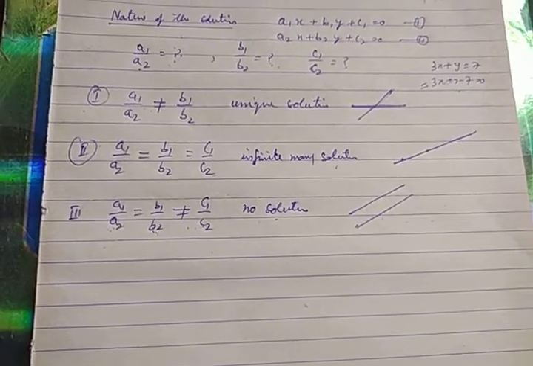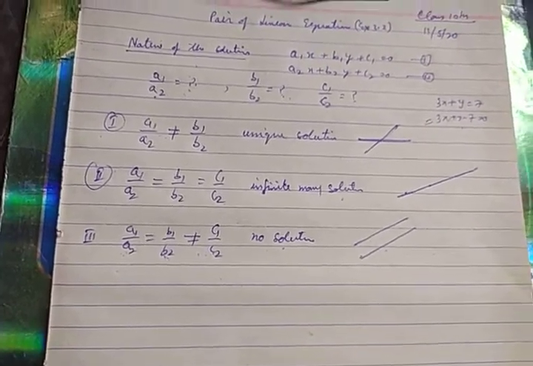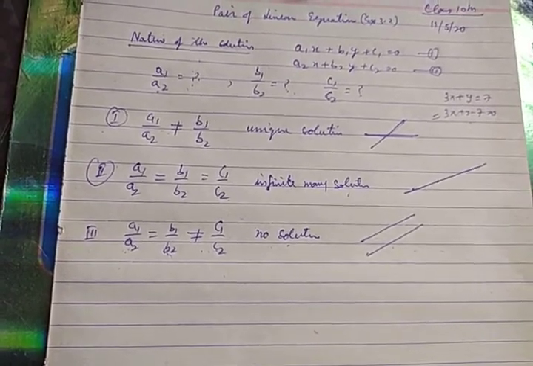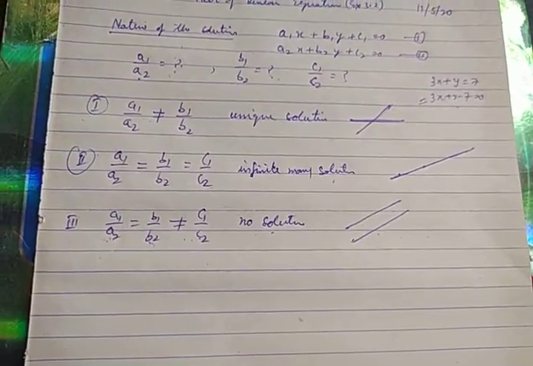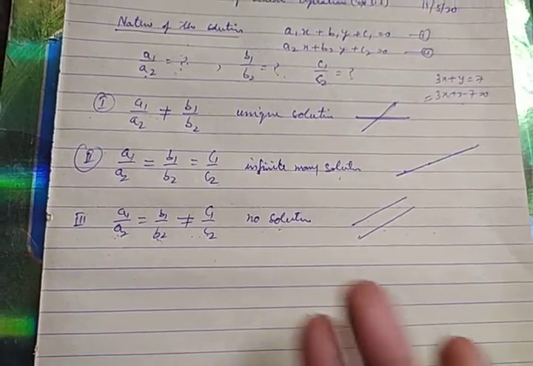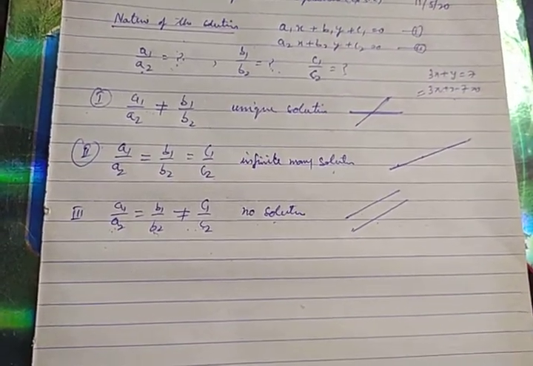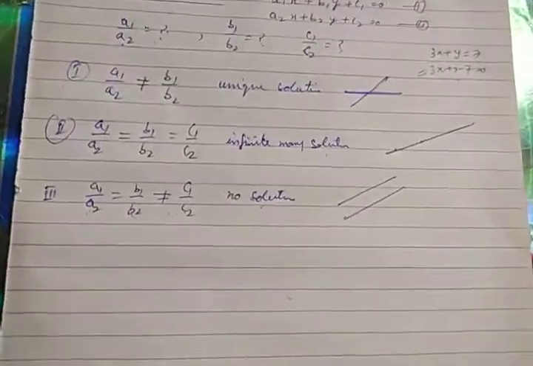Now when you have obtained the nature of the solution, then obtain the solution. For the purpose of obtaining the solution, simply draw the graph of the given equations, and whatever the condition, if they are matching each other, then that would be the answer. That is, this type of point would be the solution point.